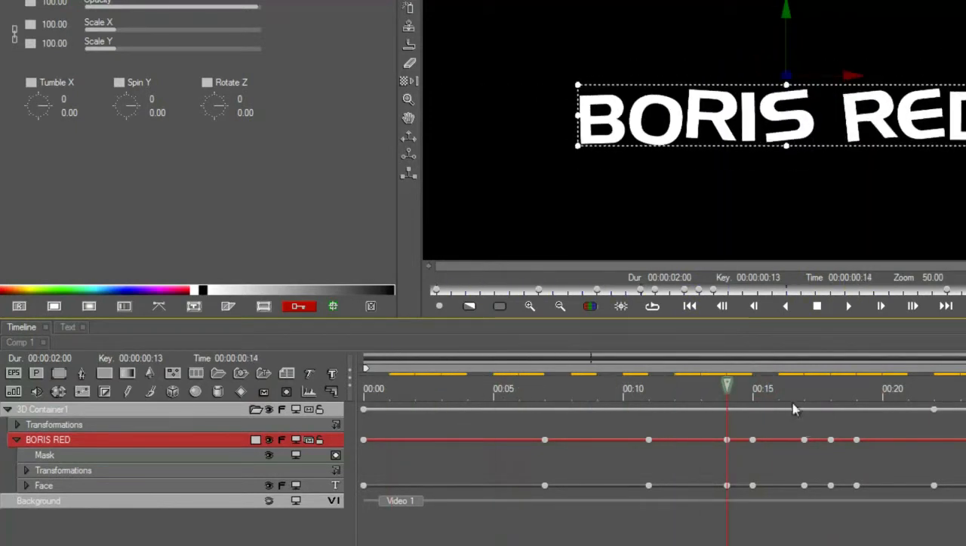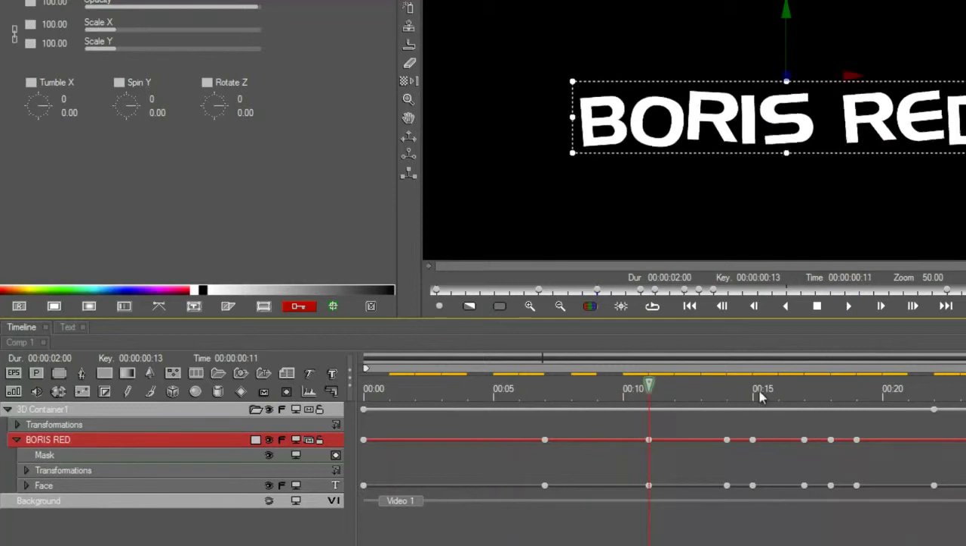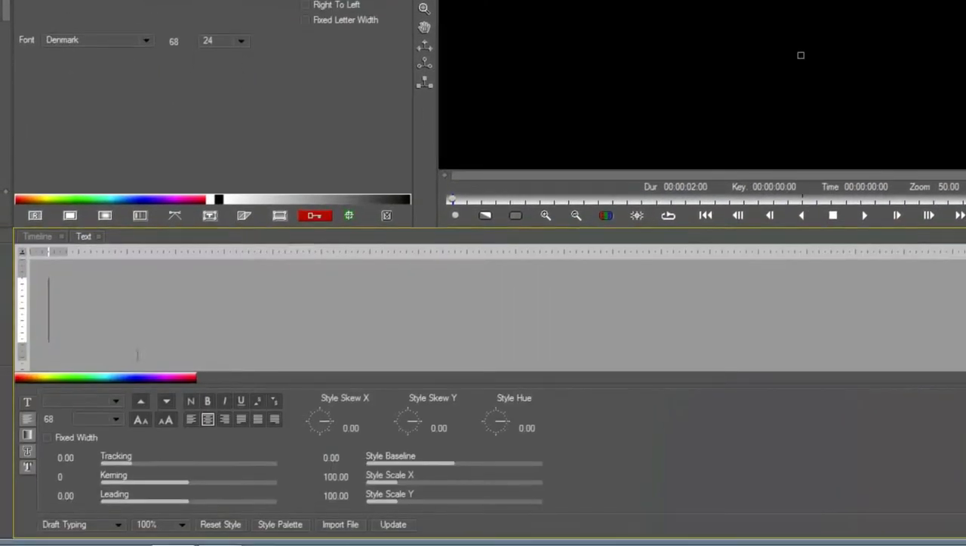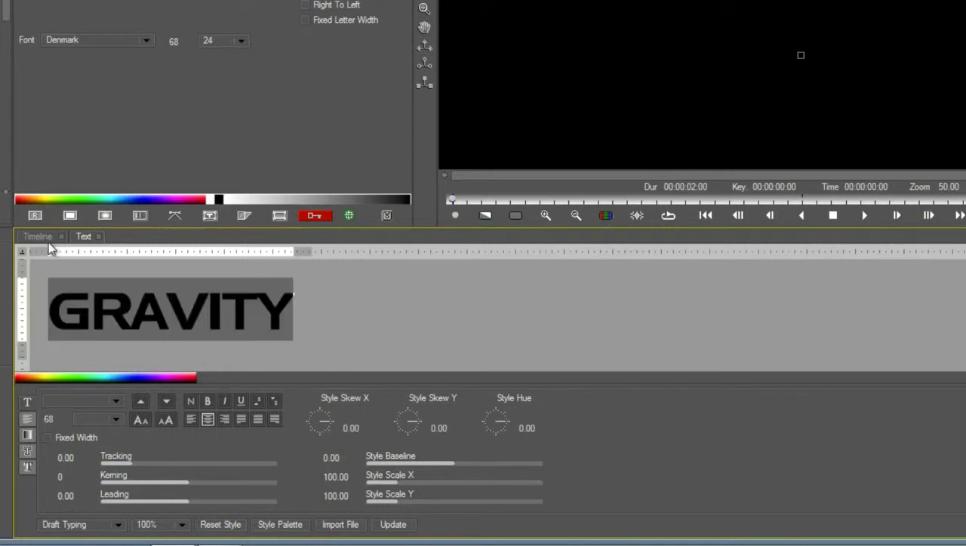Okay, so here's the end result. Let's create it from scratch. I'm going to delete everything here. Start with a new word. Gravity is appropriate. Also note, you can change a lot of different things about your text from this window alone. Skew, baseline, tracking, leading, font, the word itself, of course,